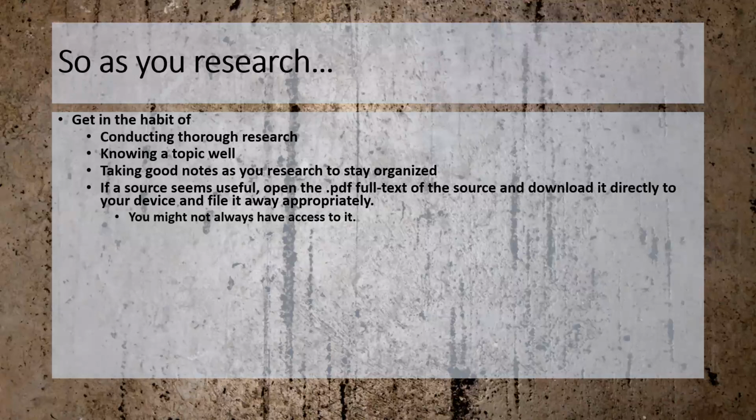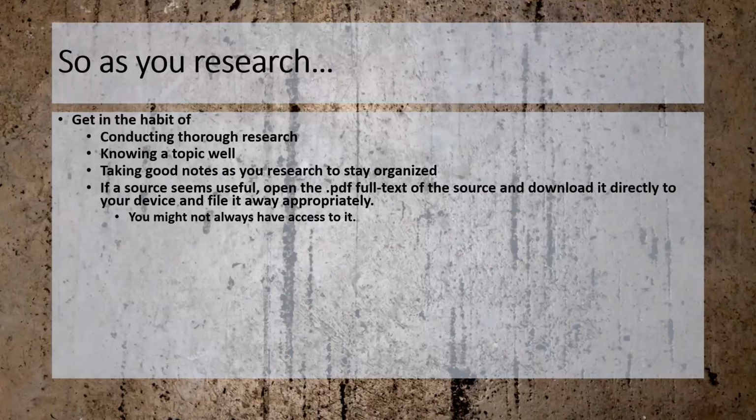Again, with online sources, you might not always have access to them, right? There may be a really useful article. For one thing, at the very least, bookmark it. I've seen many people waste time where they have to continue doing the research process just to get back to that article that they found already, which is so inefficient. But even if it's bookmarked, it could still be taken down. Just because you have access to something on the internet doesn't mean you have indefinite access. It's analogous to your Netflix queue. Just because you put a TV show in your Netflix queue, there's no guarantee that tomorrow that show couldn't get dropped from Netflix and you can't watch it anymore.